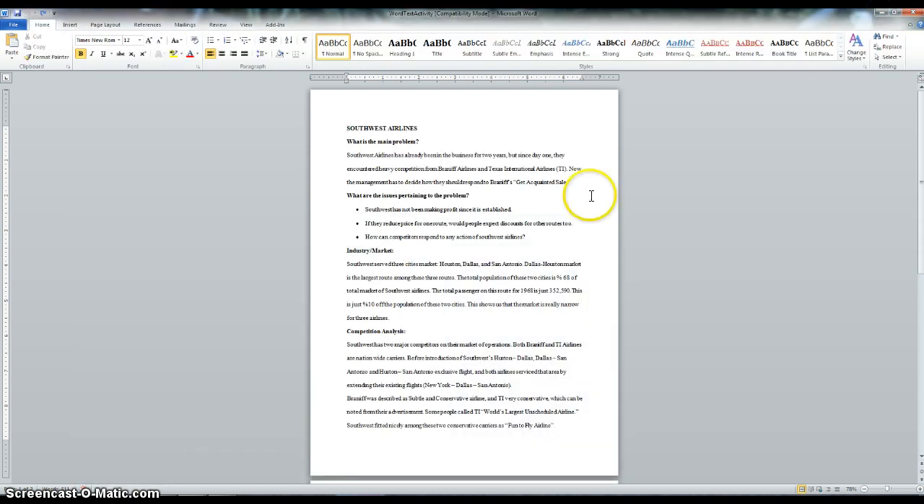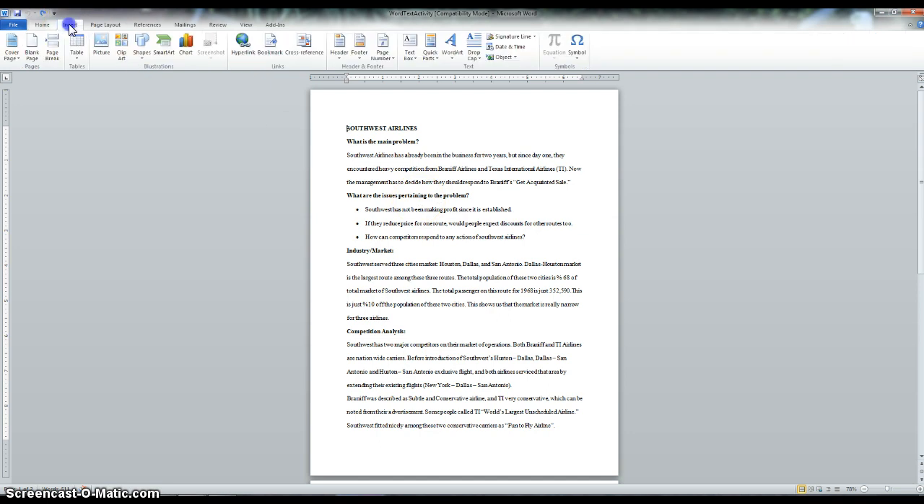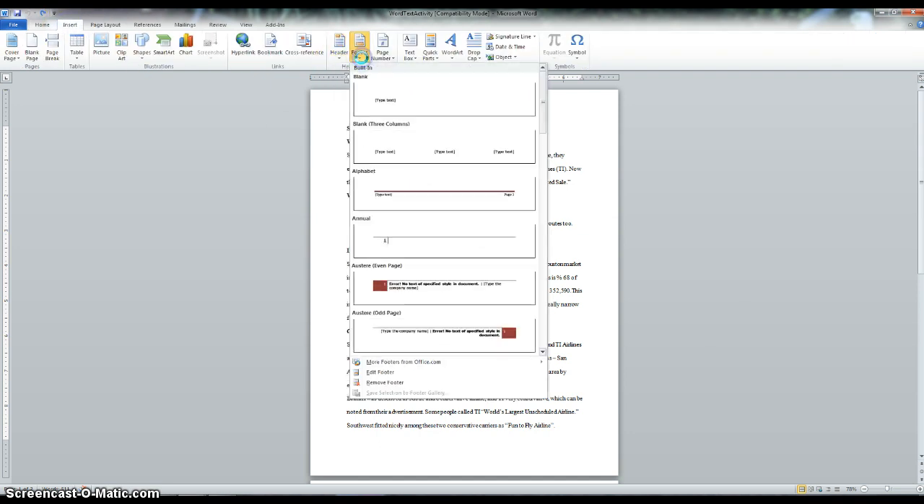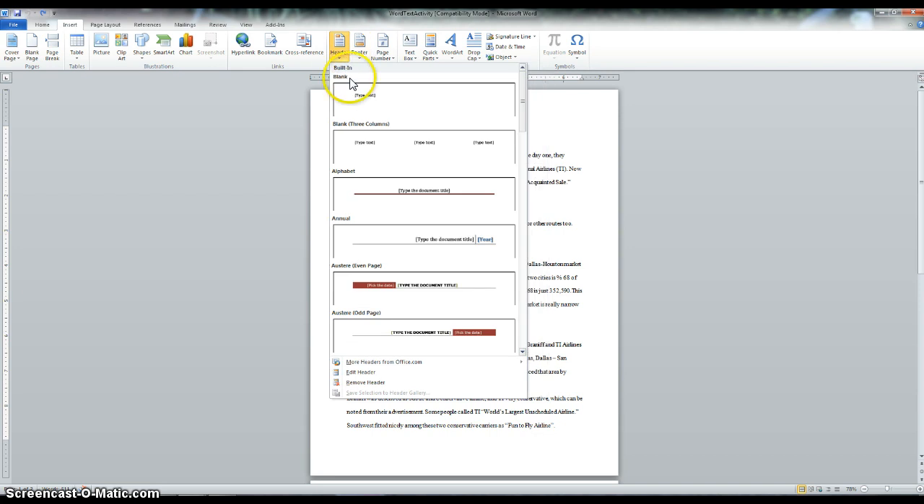So let's open up a document that has some text on it already, and we're going to use this one to work with. If I want to add a header or a footer, I would click on the Insert tab and then go over to Header or Footer. Once I'm there, I can choose what I want,